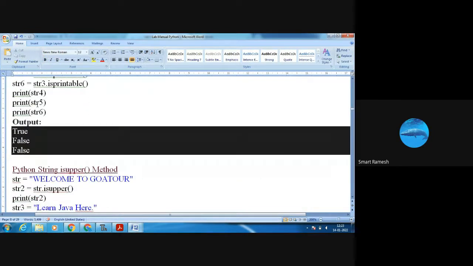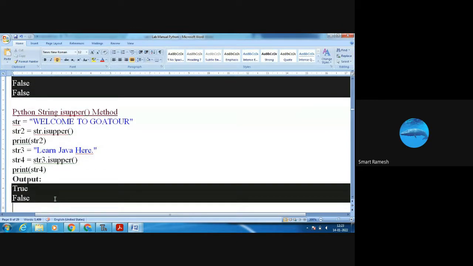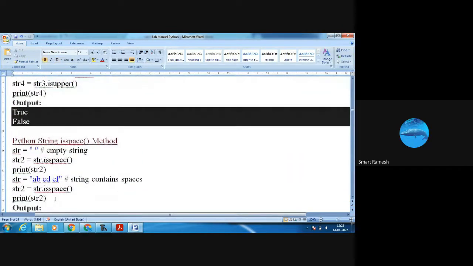Next is isupper function. Okay, whether all the characters in the str are uppercase? Yes, everything is in uppercase, so it returns true. Here only L is uppercase, E, A, everything is lowercase, so it returns false. So true, false. Next, isspace method.